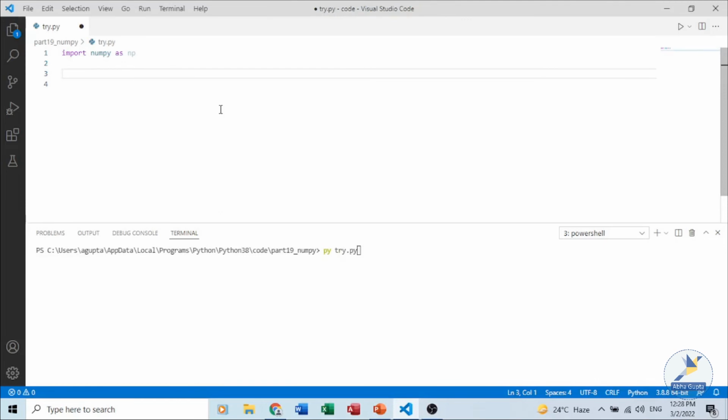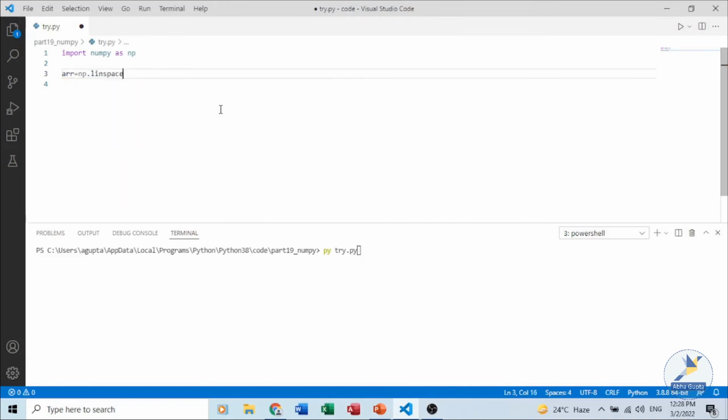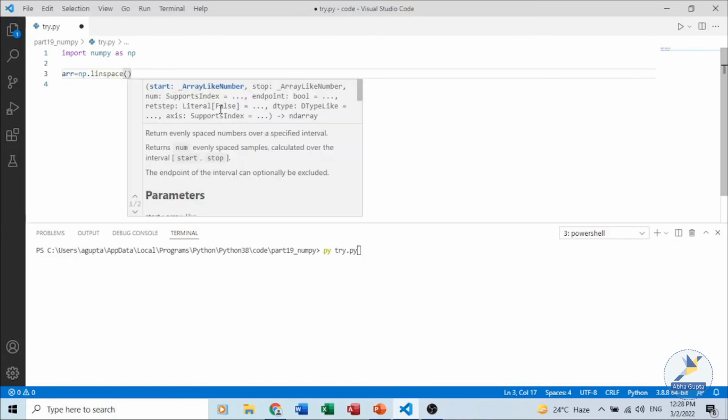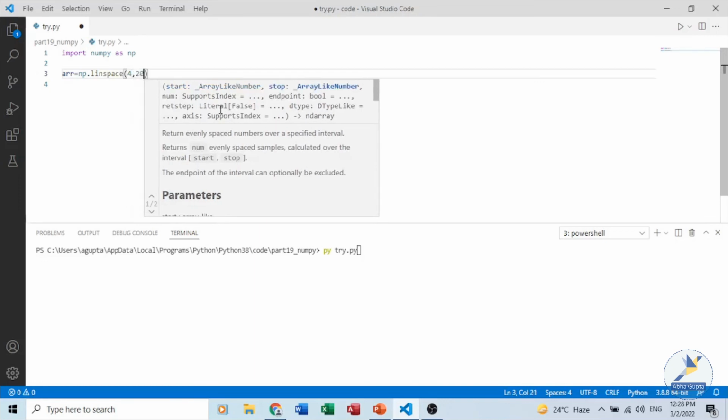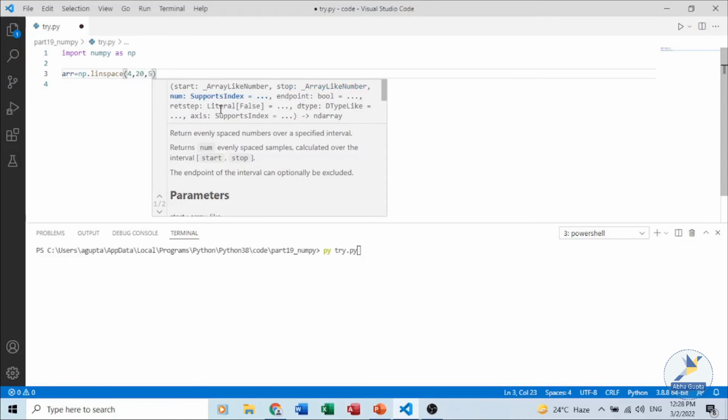We also have linspace, which returns evenly spaced values within a given interval, and the number of elements which we want to return is also specified. For example, if we create an array with np.linspace, we give a start value, say 4, and we specify a stop value and the number of values which we want from this particular range.